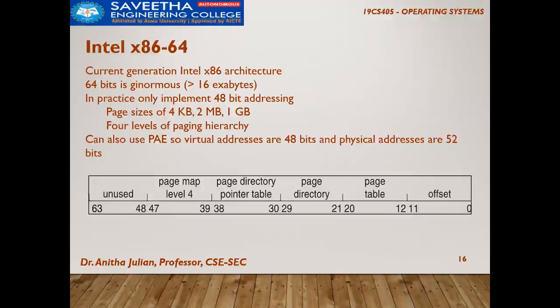And coming to the 64-bit, again there are specifications given, and you can go for a 4-level paging hierarchy. So every bit size, every address is given a particular mapping. There are some unused bits kept for any other purpose. Then you have the page map bits. Then you have the page directory pointer table, page directory bits, then you have the page table, then you have the offset and so on. So compared to 32-bit, 64-bit will be a little more advanced, where you have 48-bit addressing. There it was only 32-bit addressing, here you are going for 48-bit addressing.